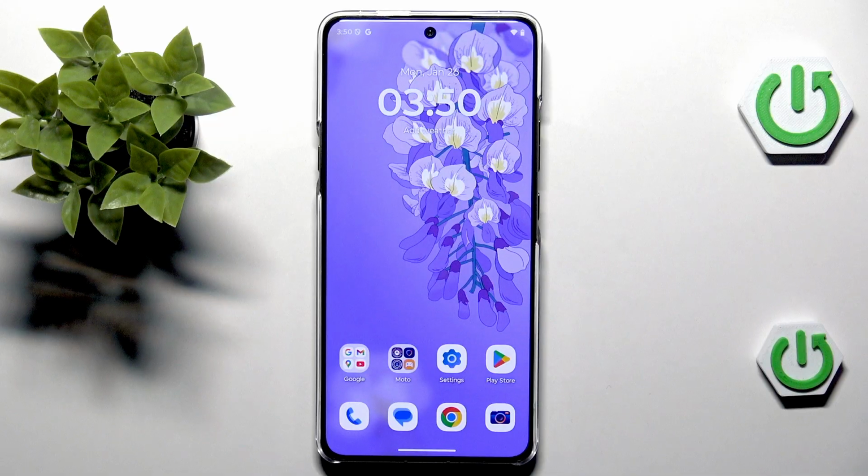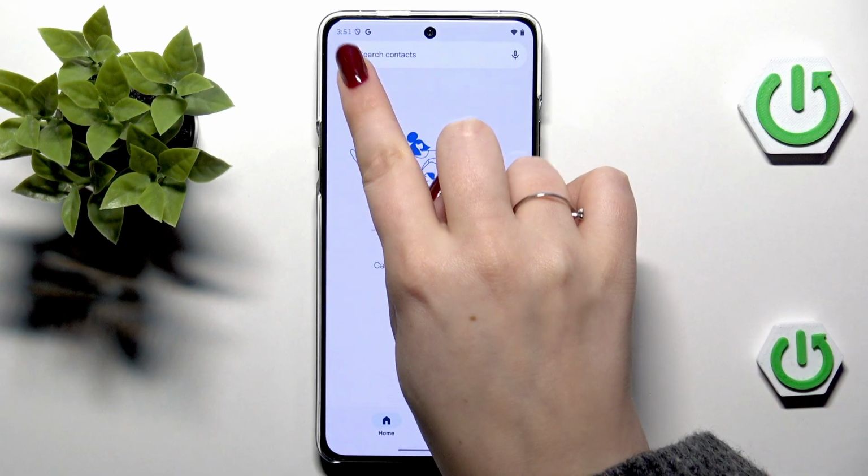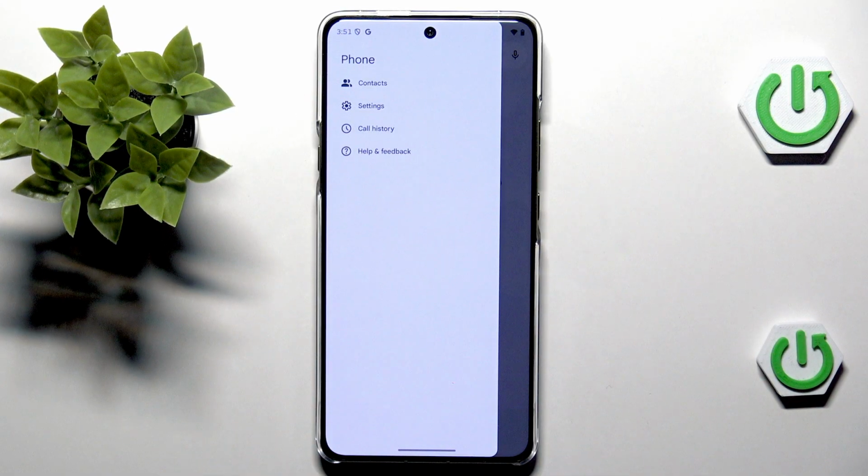So first of all, I'll show you how to block a number using your contact list, so the number you've got currently saved, and then I'll show you how to block the number which is not saved, so in the settings. Let's open the dialer first of all and tap on the three bars icon actually in the left upper